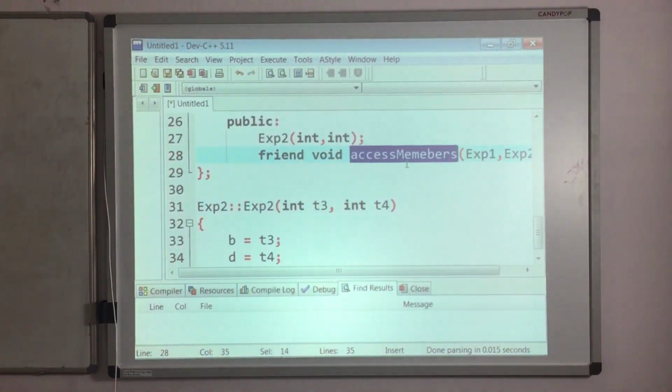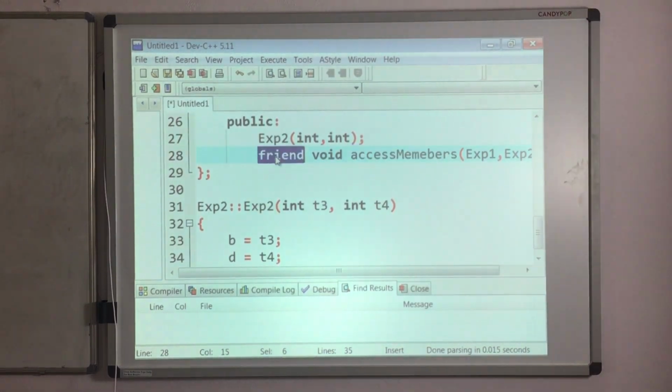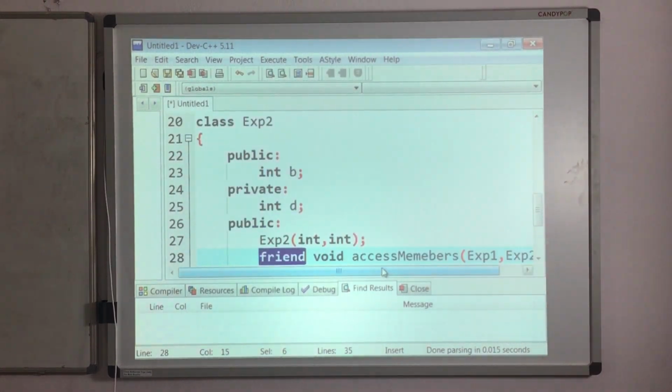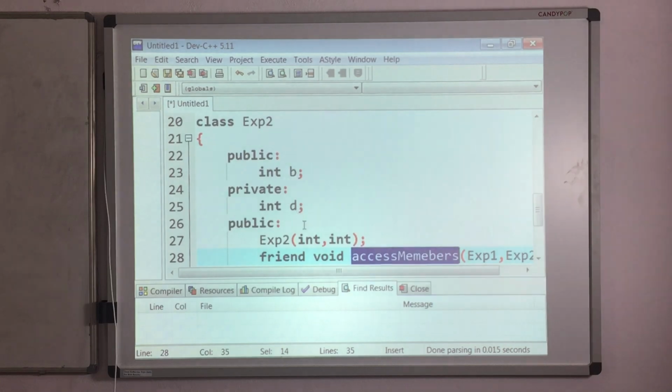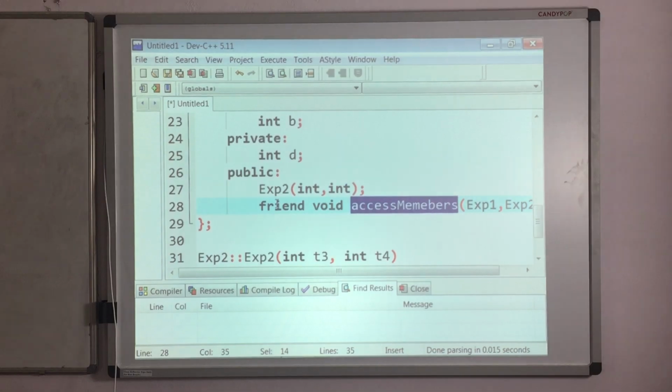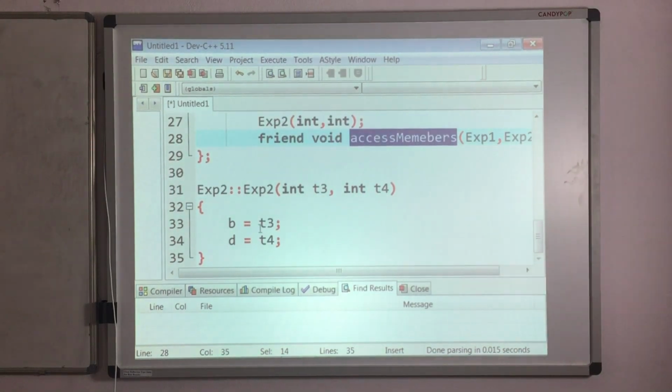That function is access members function. As it is a friend to both the classes, it can access all the data members including the private data members outside the classes. So quickly what we have to do now, write the definition for this access members,